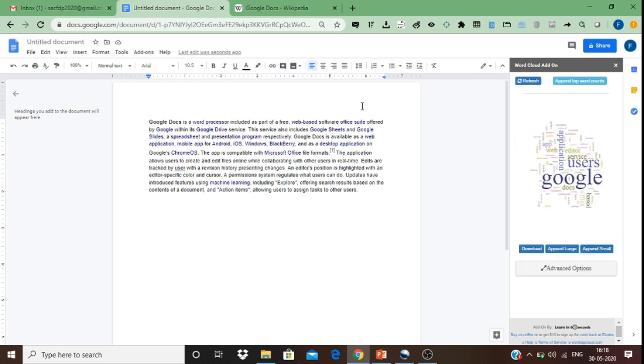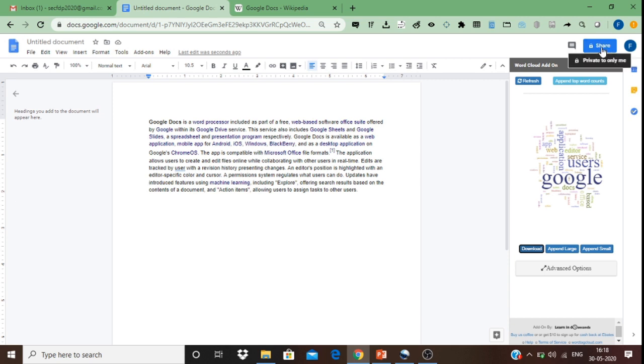Once it opens, it automatically detects the text and we can see that a word cloud has appeared. This can be used in any brochures, or if you want to have any attractive documents, we can use this word cloud. You can download the word cloud as an image and use it wherever we want. So this is how we use a word cloud add-on.